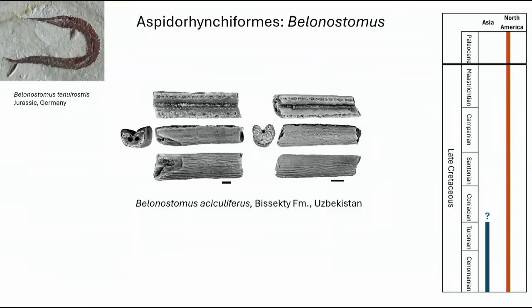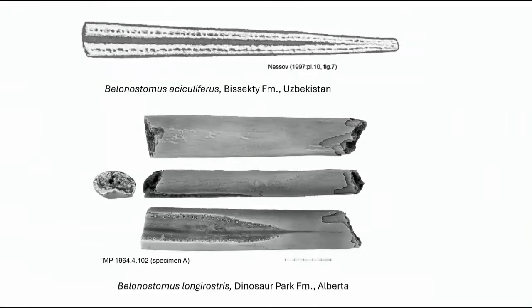I had initially assumed that it looked the same, that it was the same, and then a reviewer pointed out that Nesov had given the Uzbekistan one a distinct species. And when I looked at it closer, there's a clear difference. In the Uzbekistan Belonostomus, the tooth row extends out to the tip of the premaxilla. In the North American one, which is put in a different genus, Longirostris, it ends well before the end of